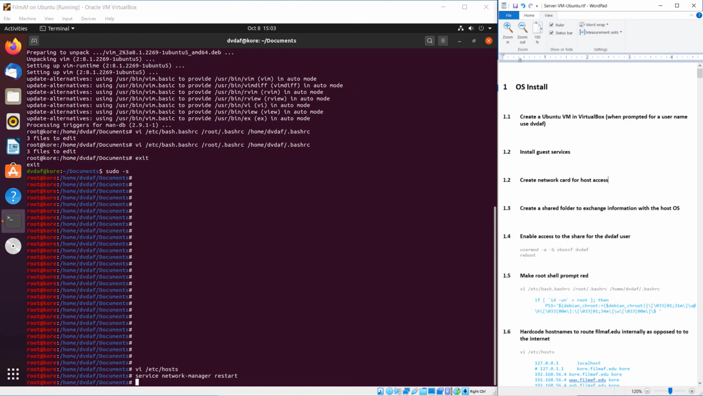Can't spell. Okay, let me save this. So what I want to do here is, right now, the VMs come with a bunch of settings that emphasize security. So right now,